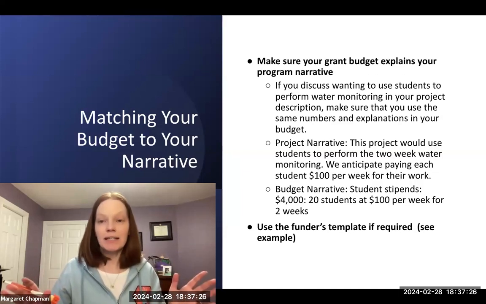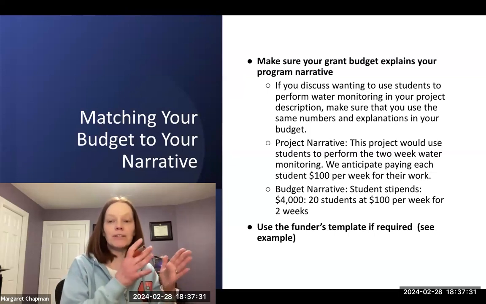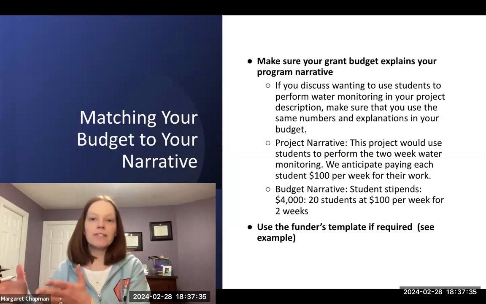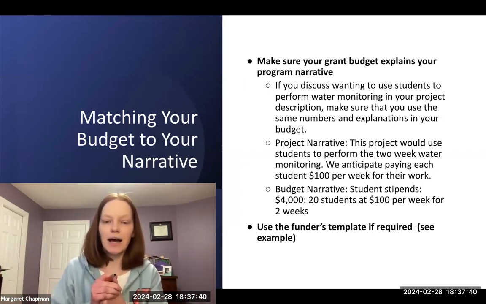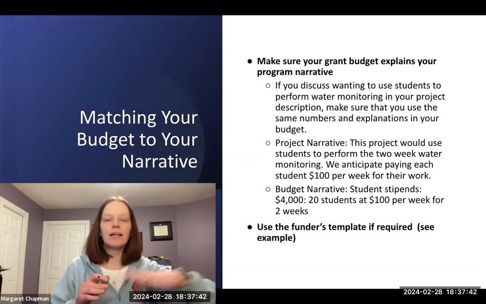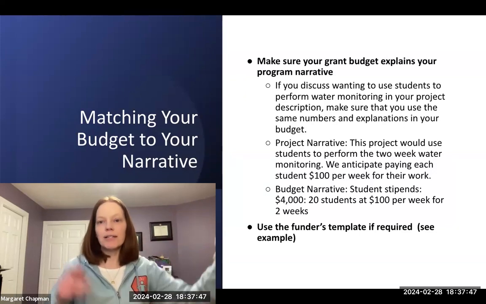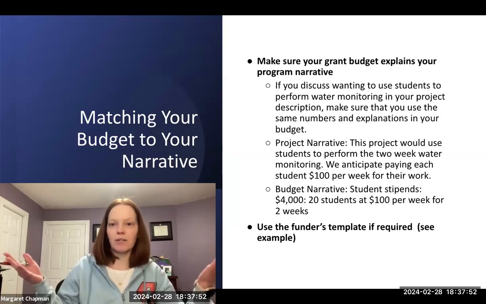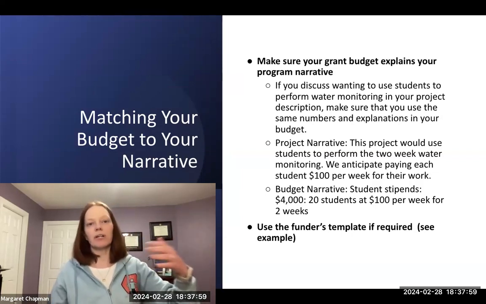Before you submit anything, do a double check to make sure that your narrative, so what you say you're going to do in your program, matches what you say you're going to spend money on in your budget. So this is a classic issue that we see: you have amazing descriptions of what you're going to do, and then you get to the budget, and the budget doesn't talk about any of the things you've talked about in your description. In your description, I've talked about feeding all of these people and running a shelter, and